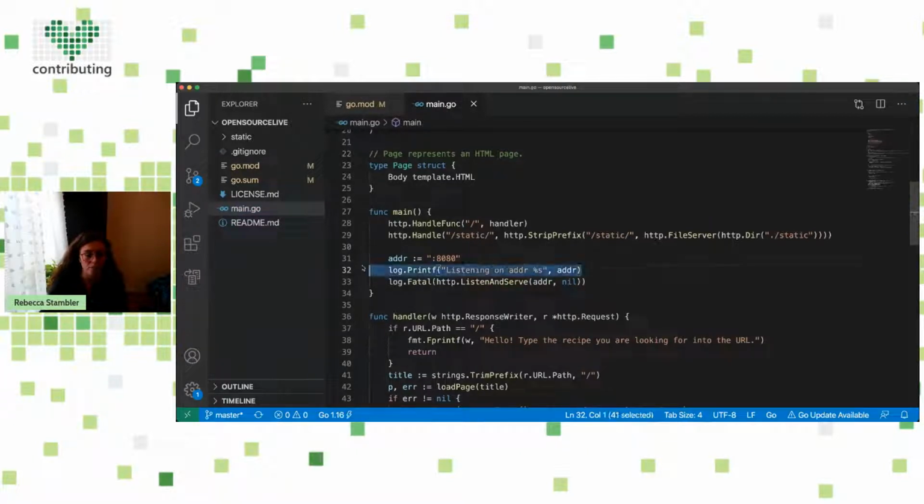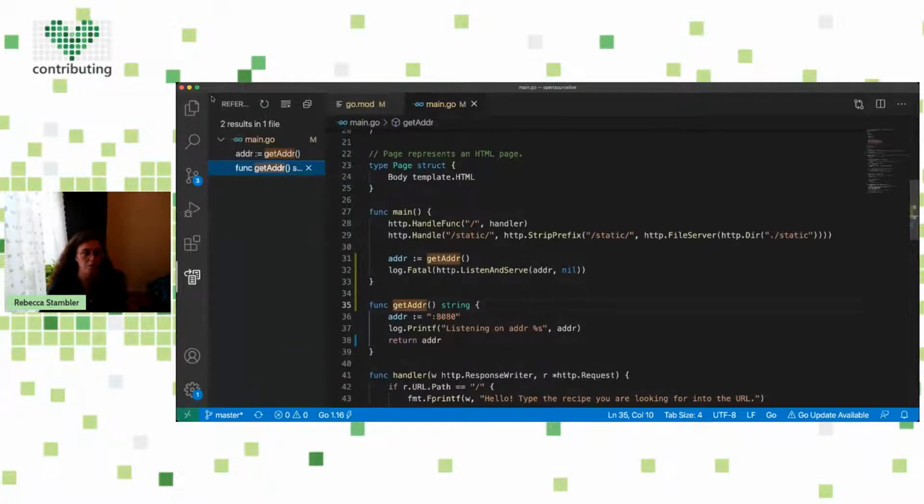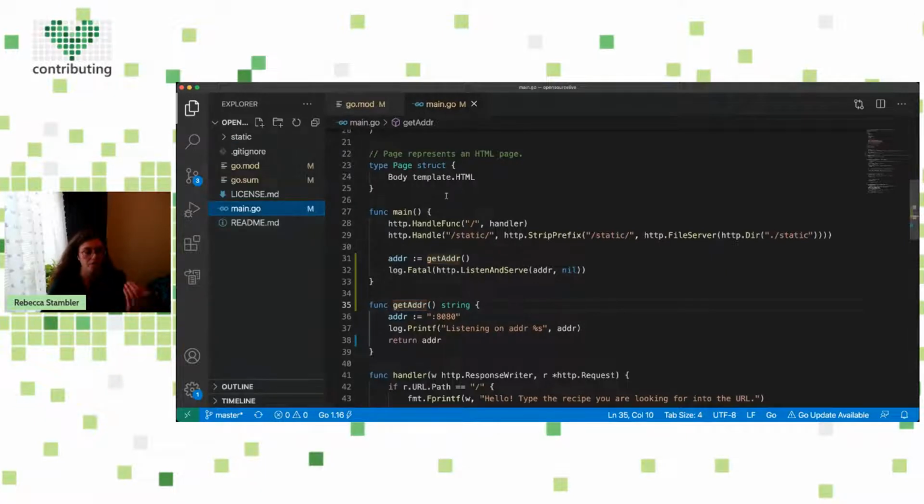We have some more advanced features. If you just highlight this block of code, you can extract it to its own function, so that's pretty nice. You get some generic name, but you can always rename it and say, okay, I can call it get address. That's a pretty nice feature to have right there. Then you have things like find references, which is pretty basic here because it's a small project, but you would get references throughout your entire module.